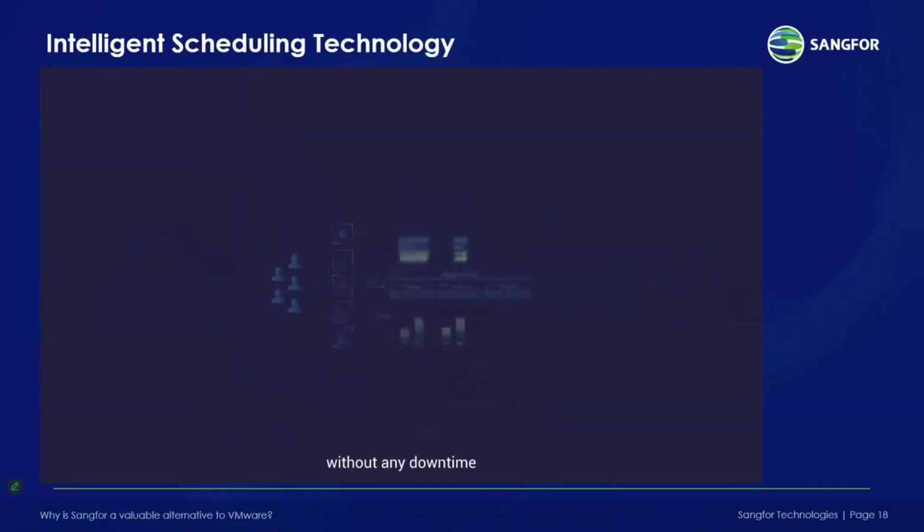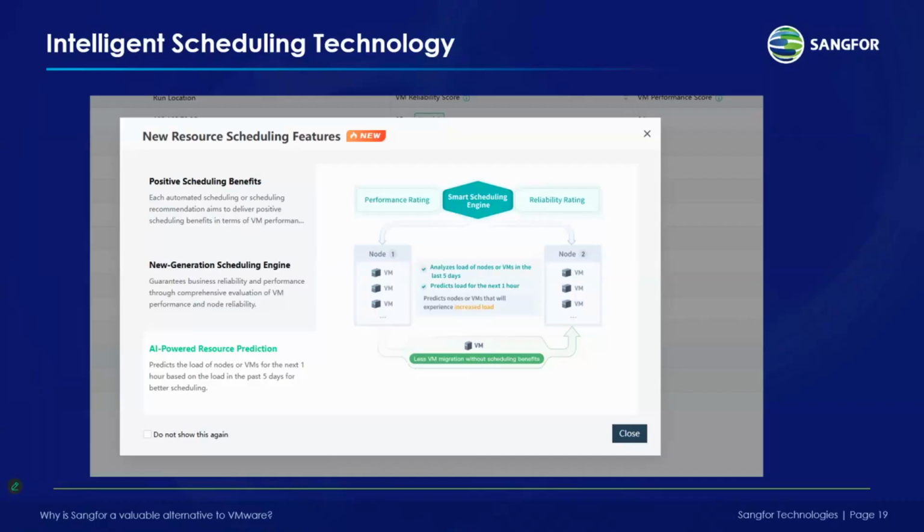Call it as DRS. And with the DRS, we also introduced DRS 2.0 functionality, where it also has an AI-powered resource prediction mechanism, where it will analyze the load of the nodes as the physical servers or the virtual machine for the last 5 days, and accordingly it will predict the load for the next 1 hour, right? So if it feels that with the next 1 hour the underlying node does not have enough resources, then the virtual machine will be automatically migrated to another node where it has enough resources,